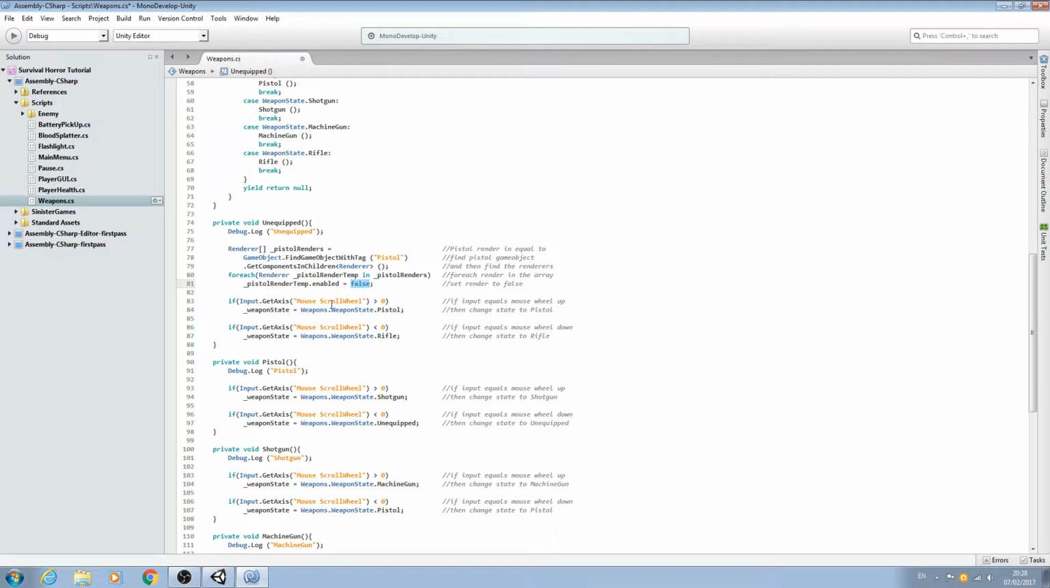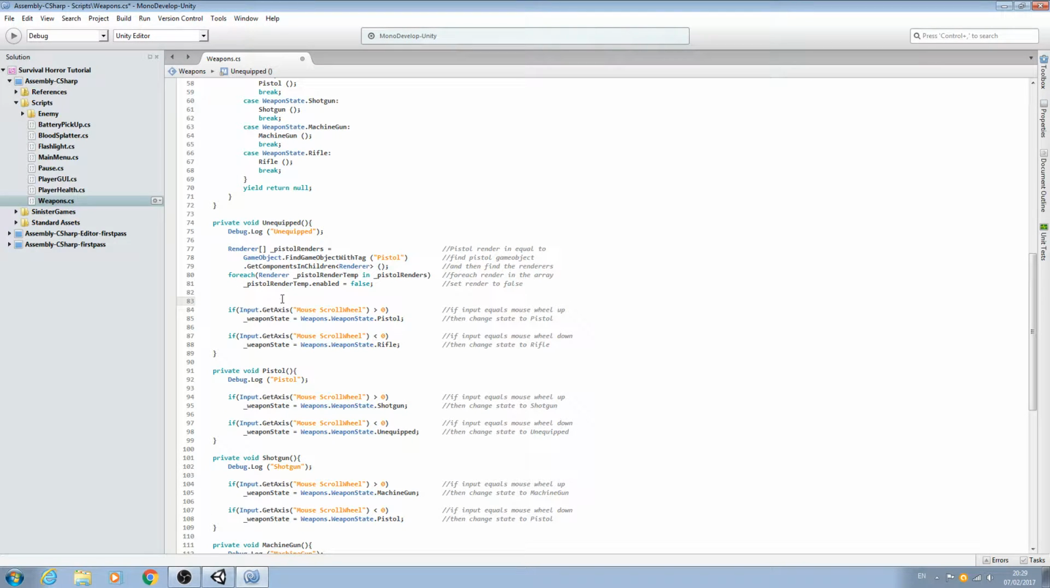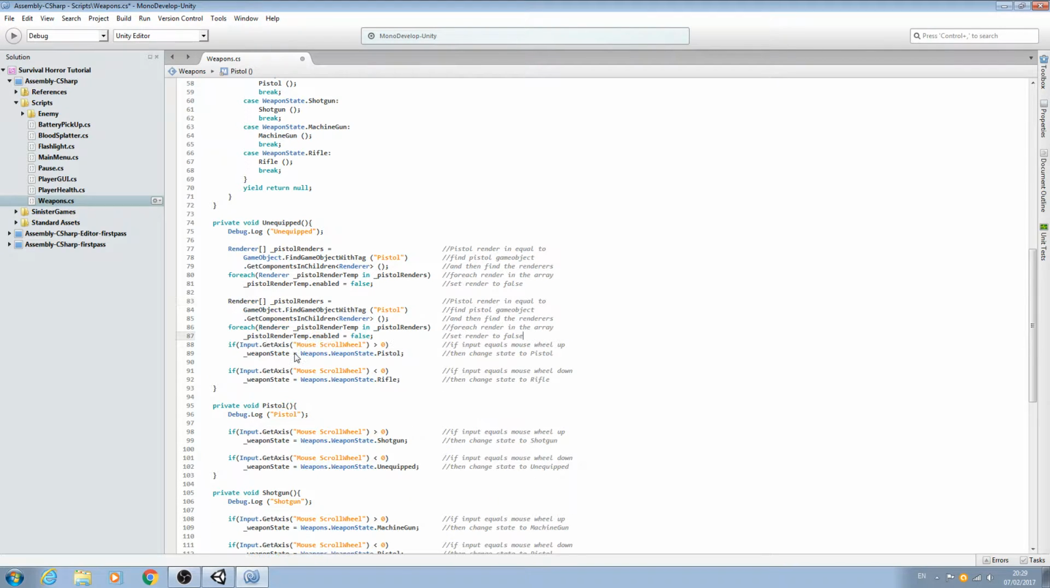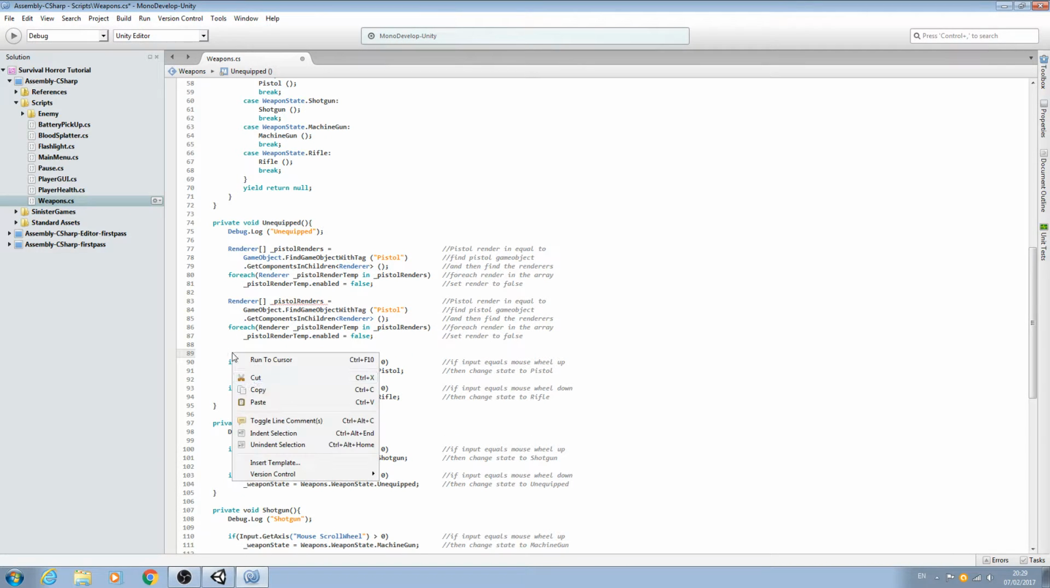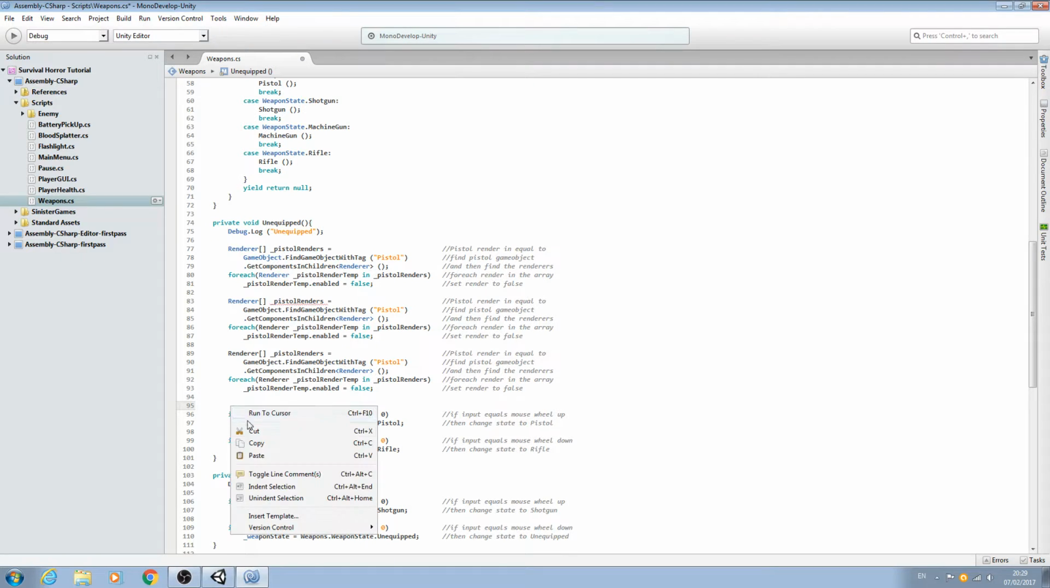So this will disable the pistol renderer. So I hope this makes sense to you all, and I hope I've explained it as well as I can. But as always, it always helps to read up about these sort of things on the Unity website. And of course, if you do have any questions, please leave them below. And as always, I will try my best to answer for you. But with that said, I'm just copying and pasting all that code in,